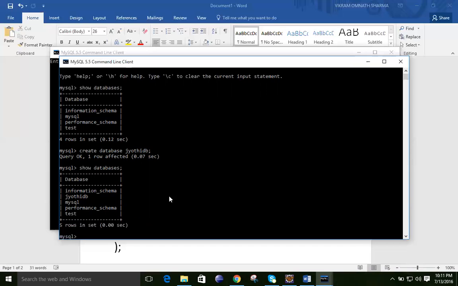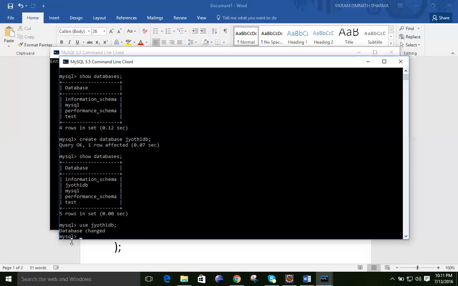So the purpose of this database is that whatever work you do from now onward is going to be stored in this database only. So how will your computer decide where to store that? For that purpose you have to use a database from this list. For using a database we have the command use, then the database you want to use, which is available over here. So you need to select one of the databases.